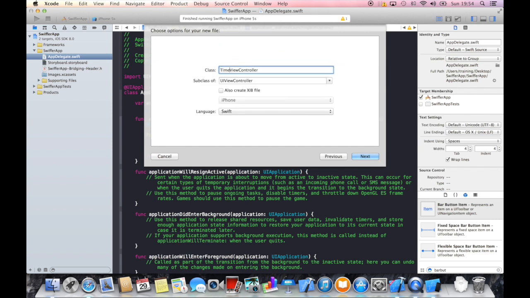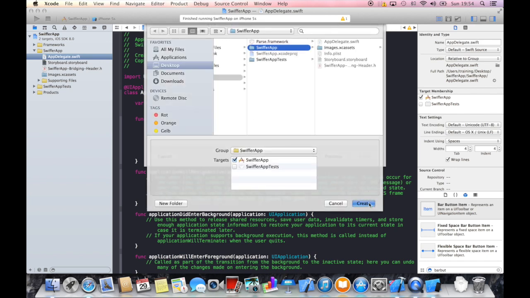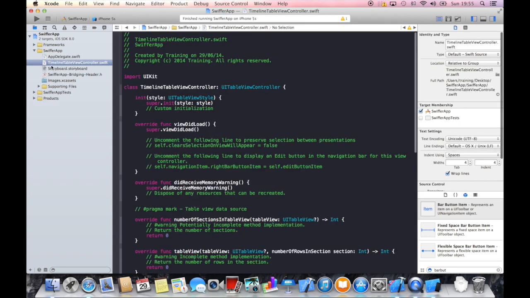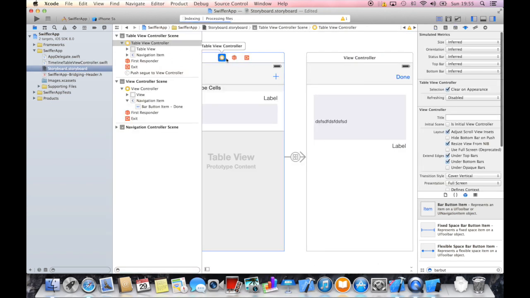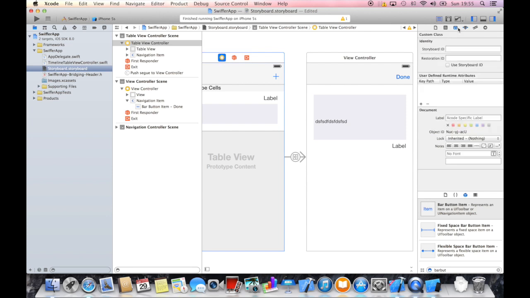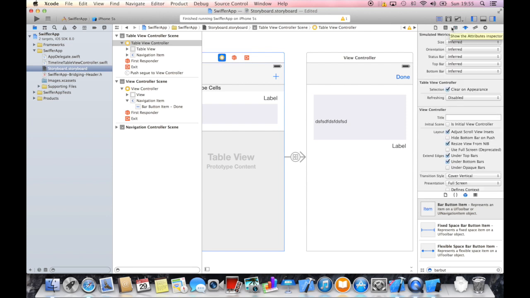So let me call that timeline, and select it as a subclass of UI table view controller. Timeline table view controller. Say next, and create. And we will now connect this table view controller, which is this button here, to our class that we just created,